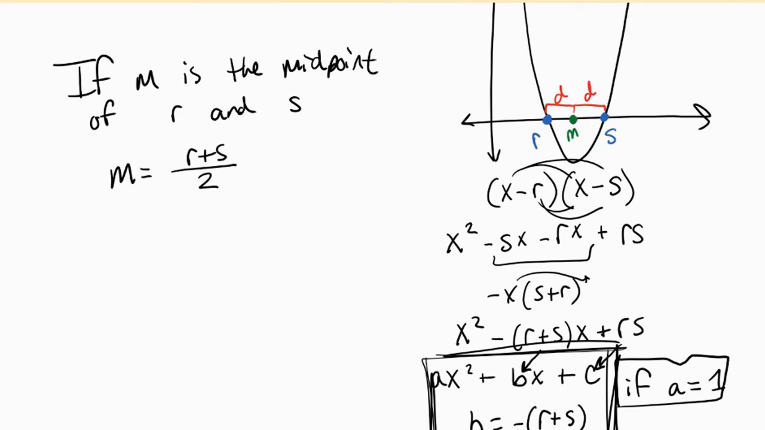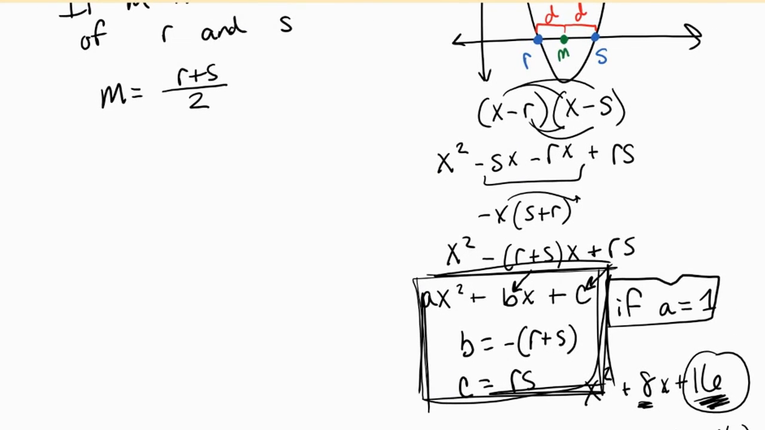On a number line, the midpoint distance is just the average of the other two distances. And then to go one step further, we just talked about how b is equal to the opposite of that sum. Then that must mean that m is also equal to the opposite of b over 2. So just given any quadratic equation, let's say x squared plus 6x minus 11,